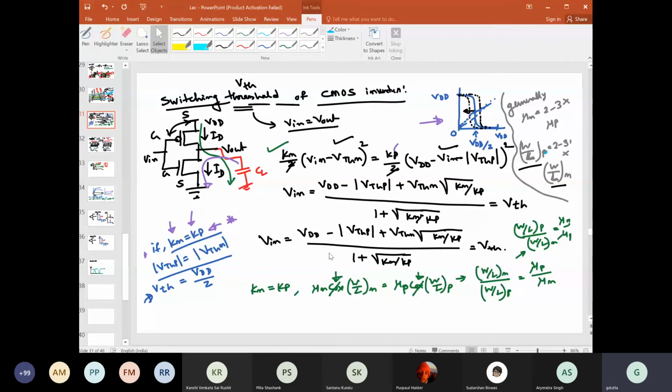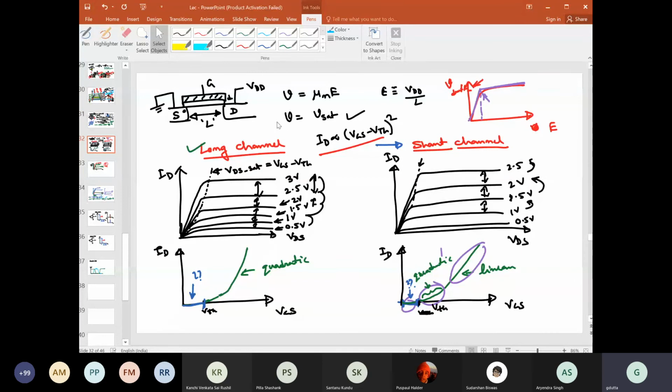And after that, we have also seen what will happen if you are not using a long channel, but a short channel device, and how the characteristics will be different. Some of you have asked why this quadratic region and linear region is coming. I'm not discussing it in this context. If you are interested, maybe after the class we can discuss it in more detail, like why in these different regions you will still have some small quadratic region here, even for the short channel case, right?